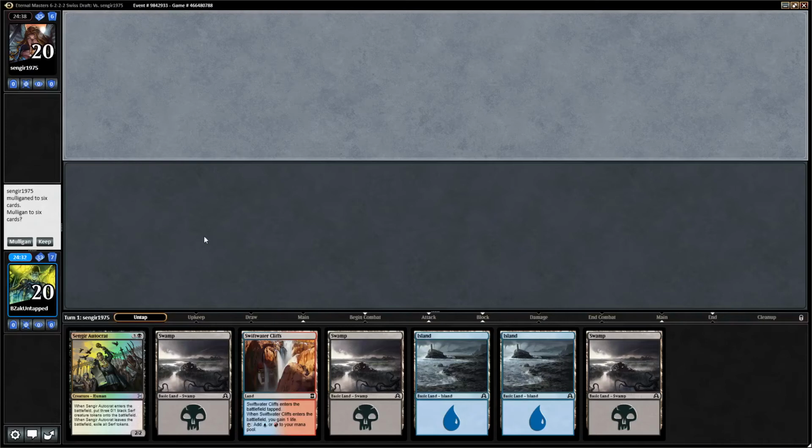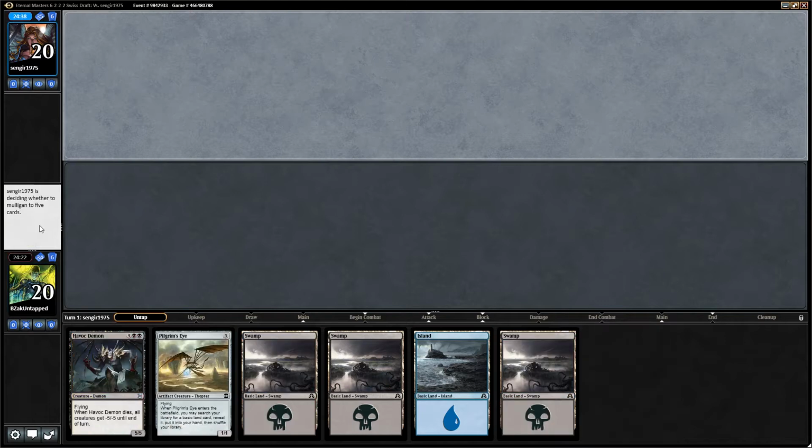Okay, we're back for round three with a hand that we're definitely gonna mulligan. Our opponent's on the play, but either way, we don't want a six land hand. It just doesn't do anything. So we'll take this hand. It's better, I guess. It's not great, but